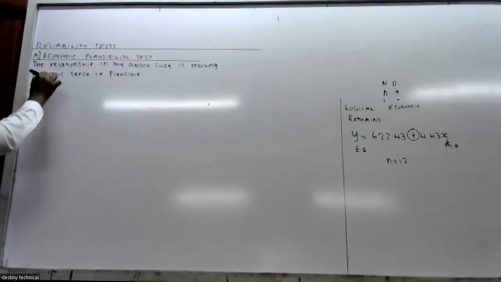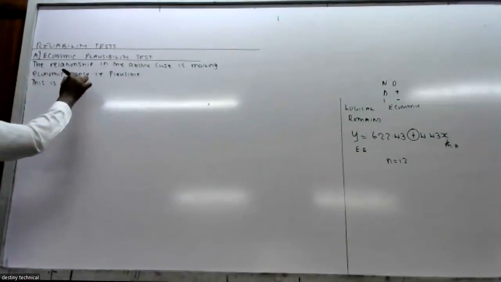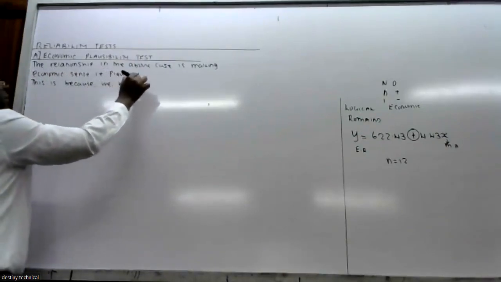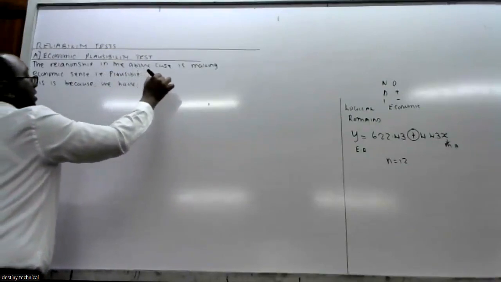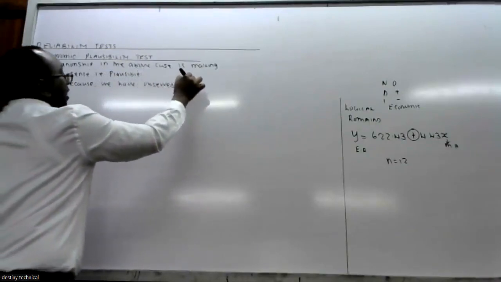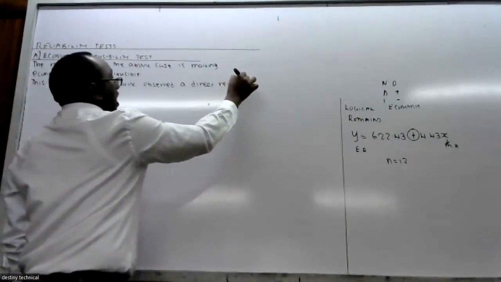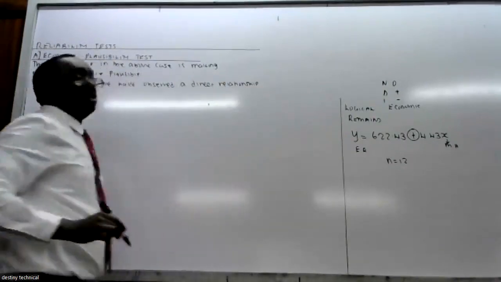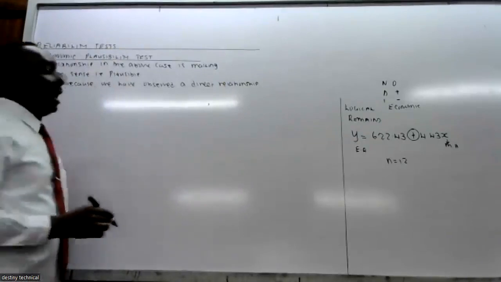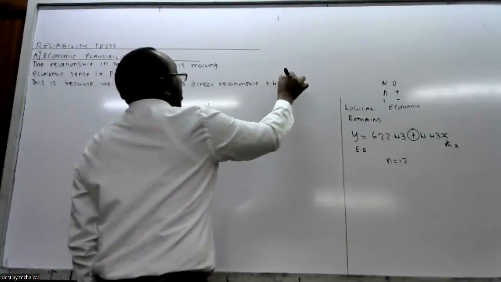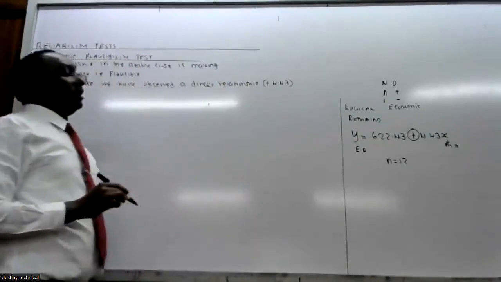This is because we have observed a direct relationship, and you can put into brackets positive 4.43, a direct relationship